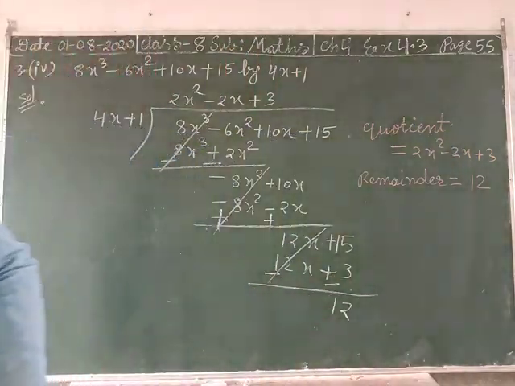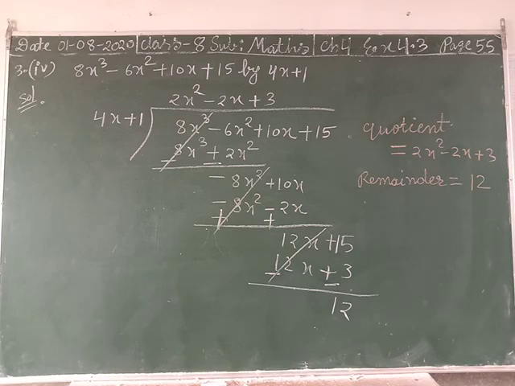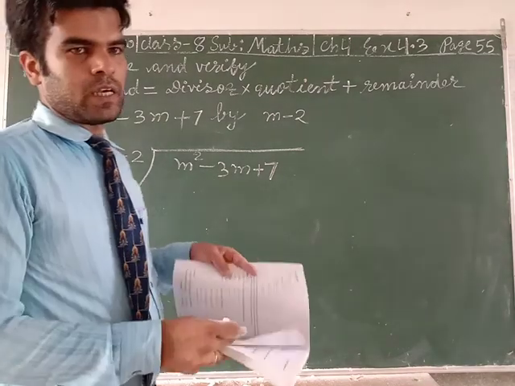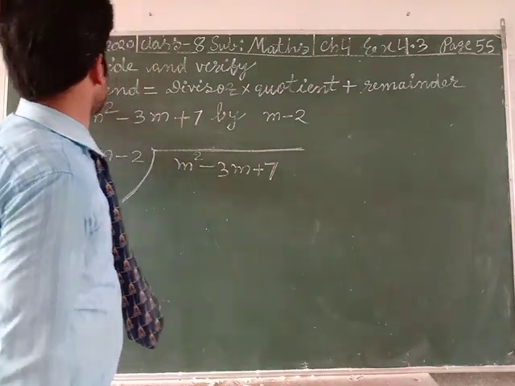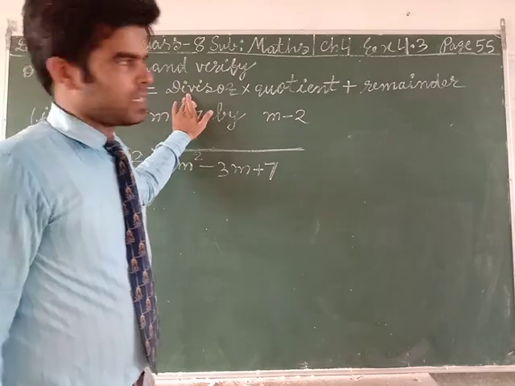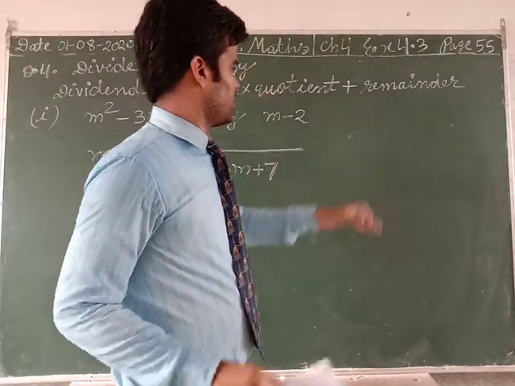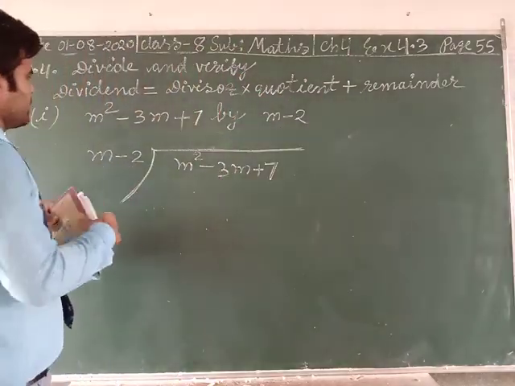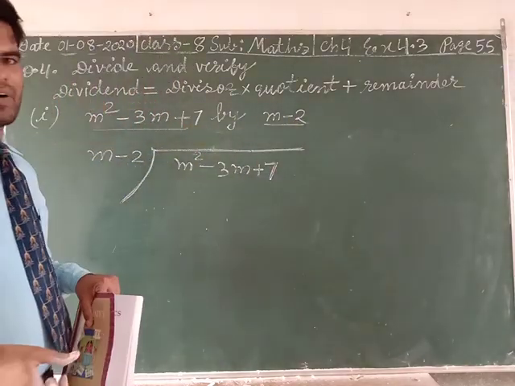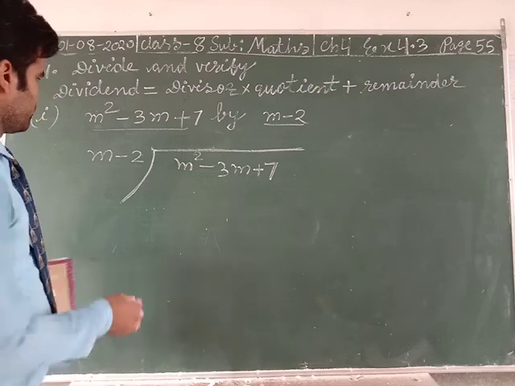Okay students, now we will see exercise 4.3 question number 4, divide and verify. Dividend is equal to divisor into quotient plus remainder. So students, here this is dividend and this is divisor. Now after dividing we find the quotient and remainder. So see,